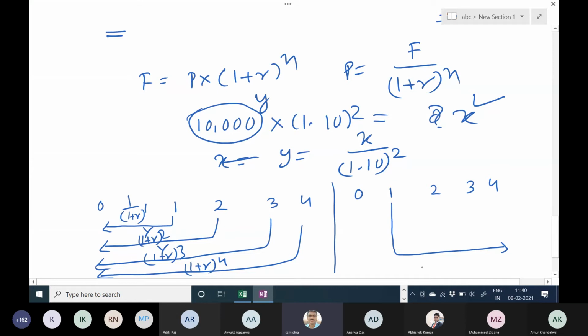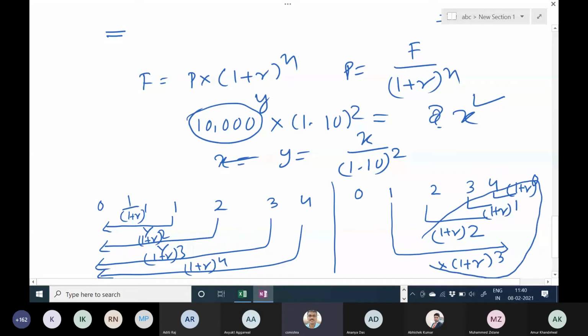What will be this one? Into 1 plus r to the power how much? Whole cube, 3, right, very good. This will go 1 plus r to the power 2, this 1 plus r to the power 1, this 1 plus r to the power 0. So when you combine these 4 values,